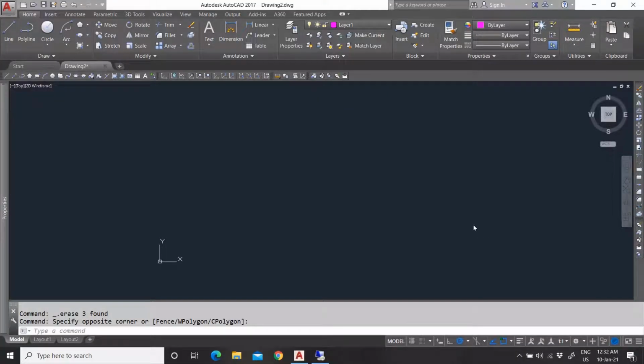And in this real beginners tutorial, we're going to discuss the modify panel from the home tab. So without further ado, guys,